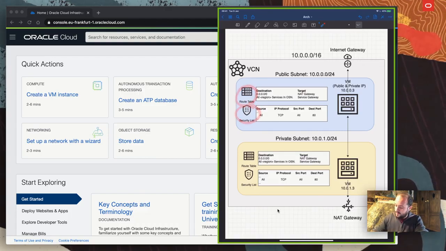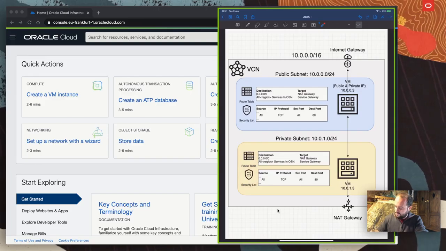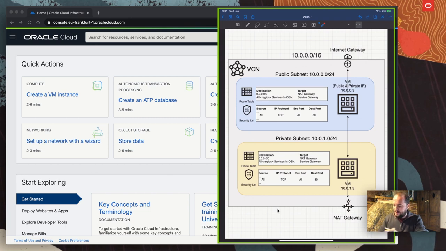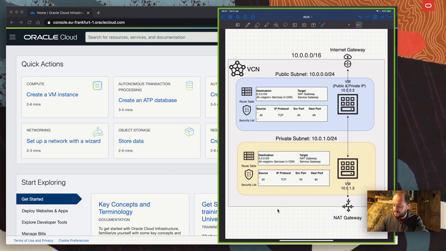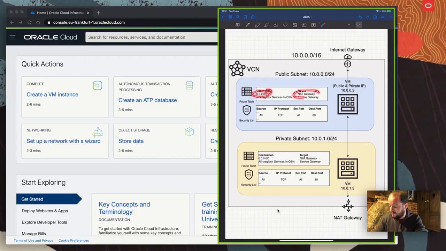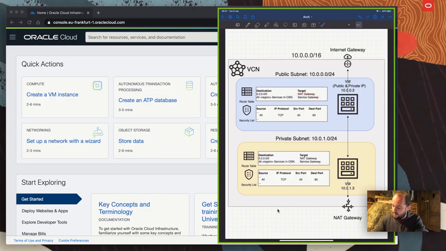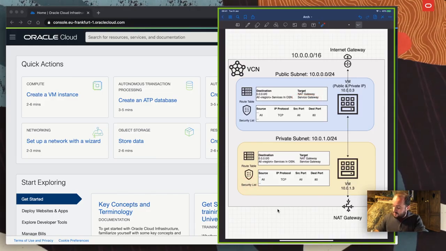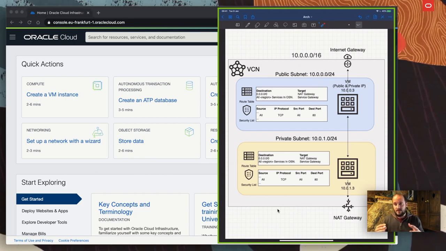Per subnet, we have a route table and a security list. We have the same for the private and the public subnet. The route table is basically a table where you can select how to reach different destinations. We have some examples here, but everything will go into the NAT gateway, everything will go into the service gateway, etc. And we have the security list, a virtual firewall that